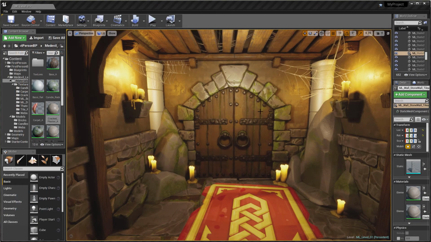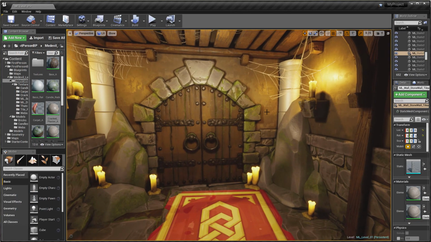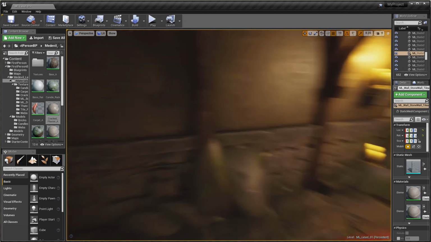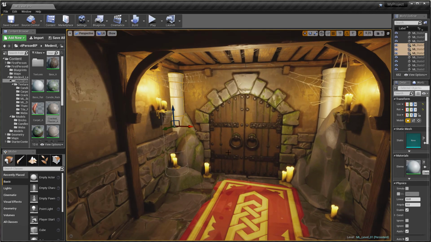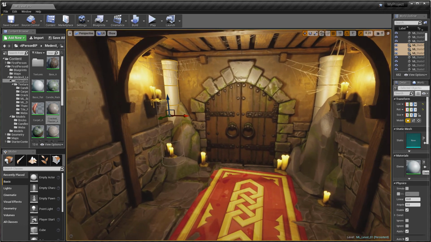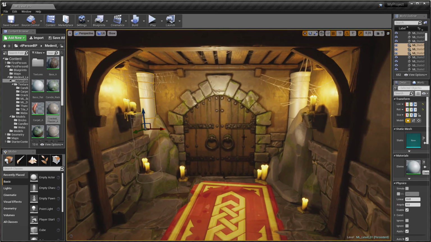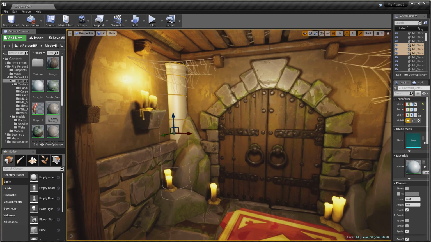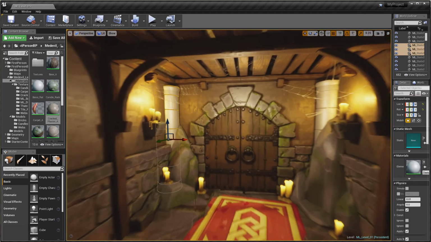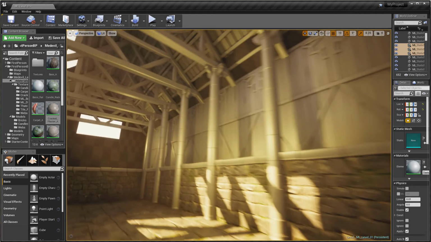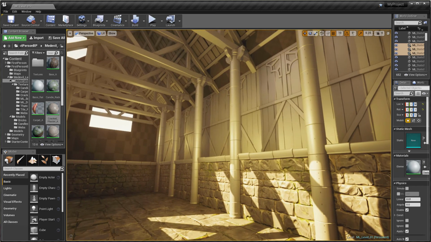Let's look at one possible way of creating a modular pillar kit. In this corridor that I've been working on, I need to create some sort of pillar separated into a modular kit so it can be used in different scenarios throughout this level. I have a temporary pillar placed in here, so I need something that will fit nicely into this theme and also be used in places such as the end here, and further along we have much larger versions